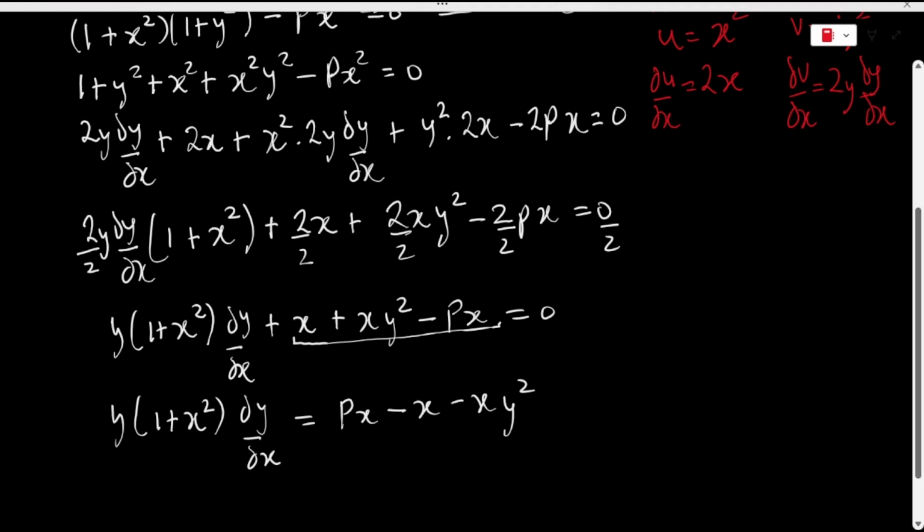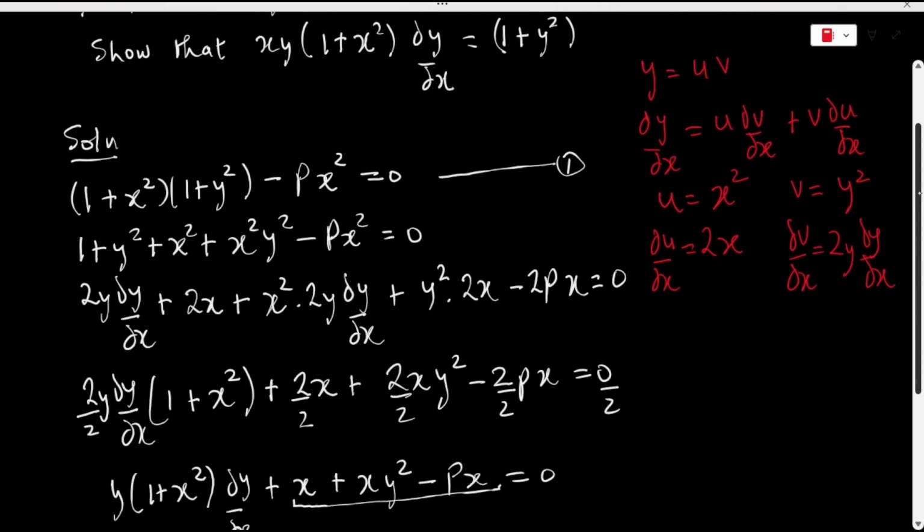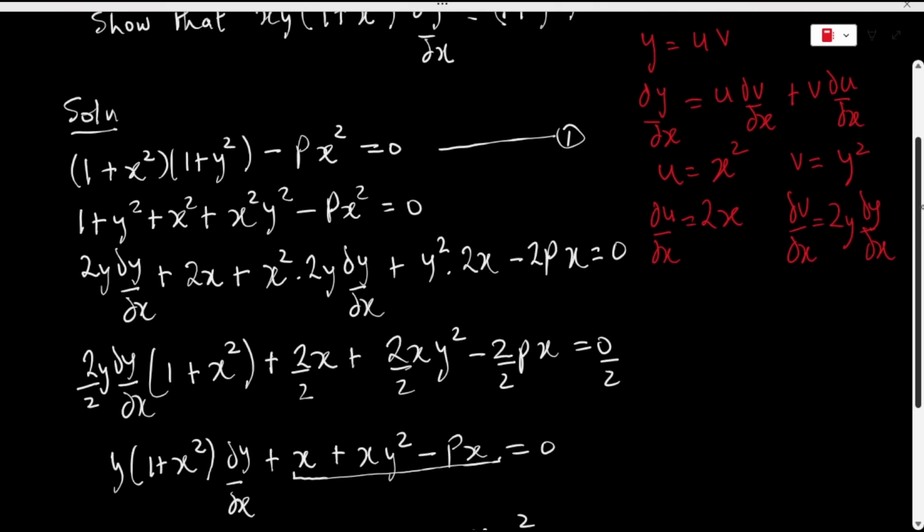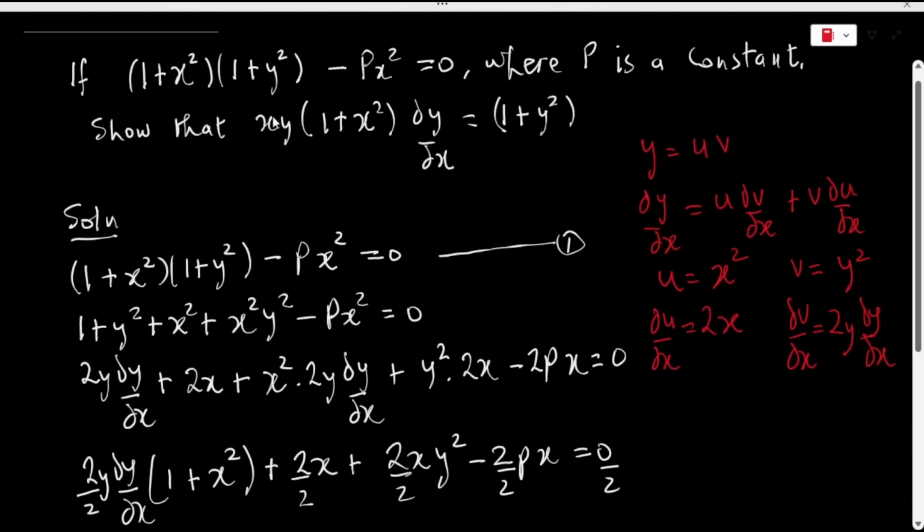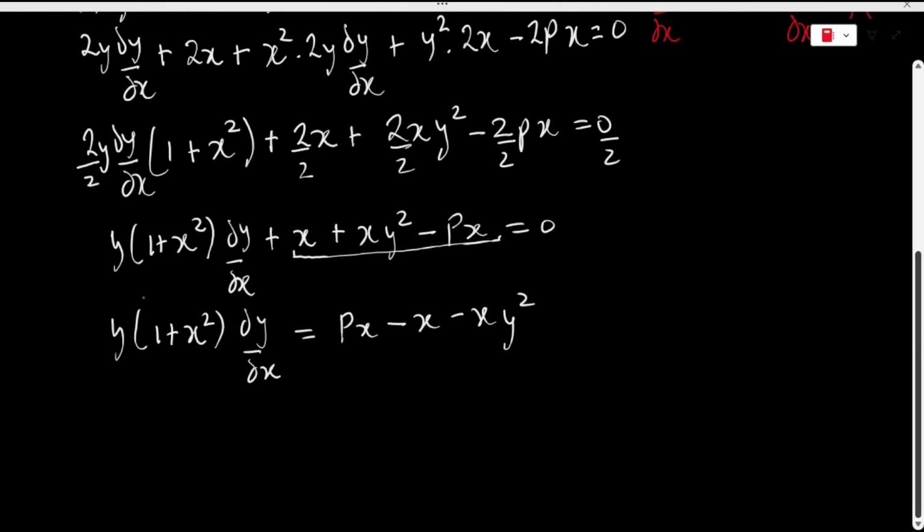Now, if you look at the left side of the equation that we have, and we compare it to the equation that we are supposed to show, you can see that the only difference between the two is the presence of this factor x. So let's go ahead and multiply through this whole equation by x. So we're going to get